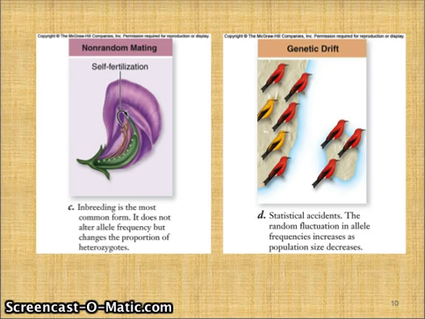Non-random mating is simply chosen mate, sexual selection in a sense. If you're a plant, non-random mating would be self-fertilization, meaning the pollen just drops from one flower to another. If you're talking about an animal, that's where the female chooses her mate because he's stronger, because he's got prettier feathers, for whatever reason, but she chooses him for a specific purpose.